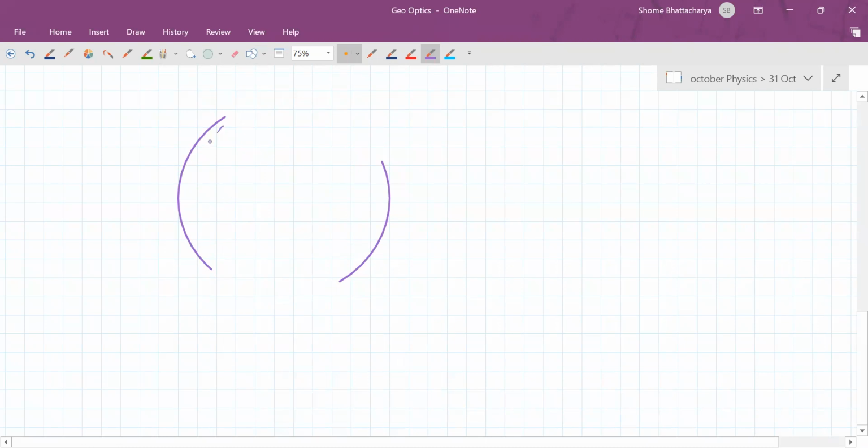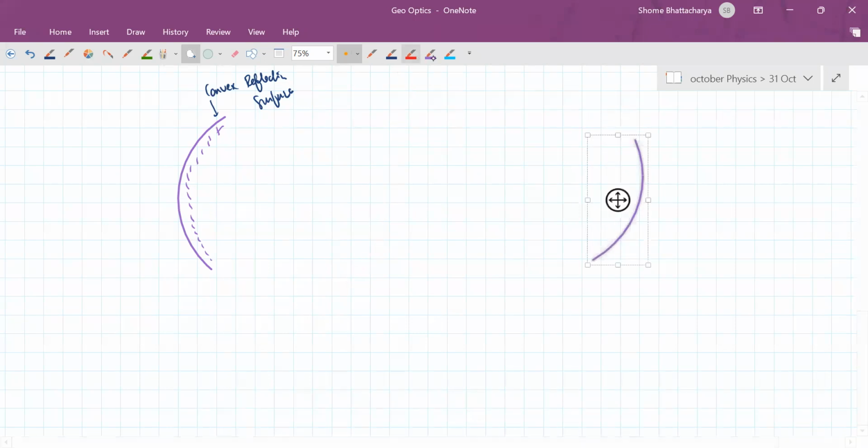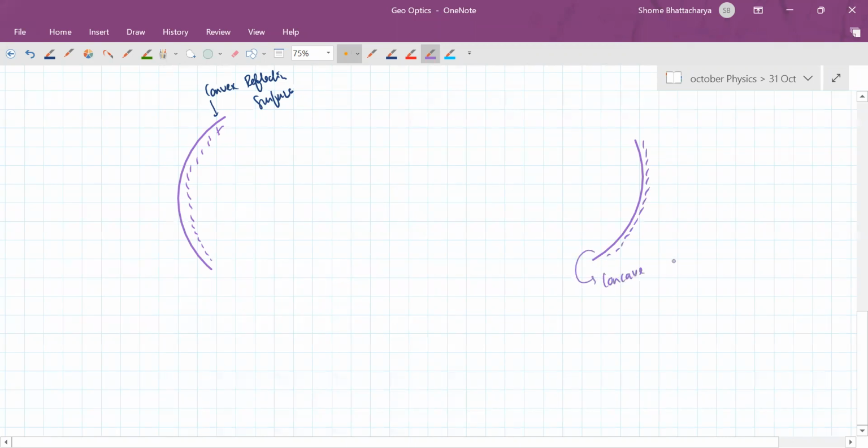So you can have a situation like this, which is an example of a convex reflecting surface. Or we can have an example like this. Concave mirror. So here also, if we have incidence like this,